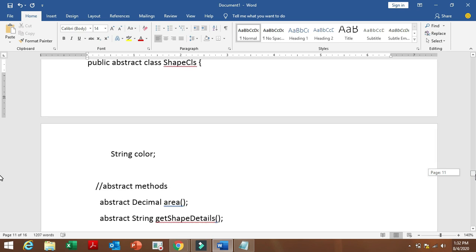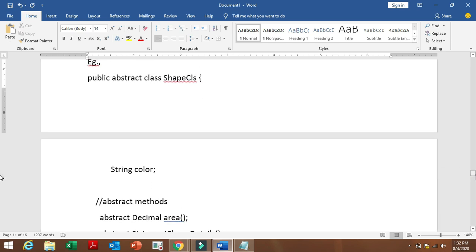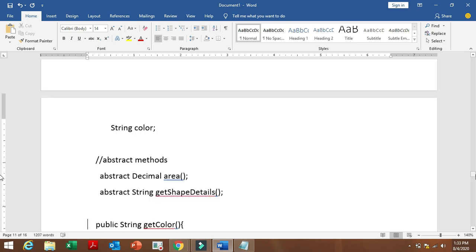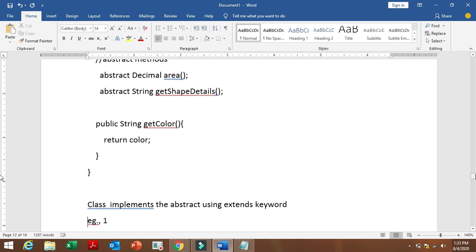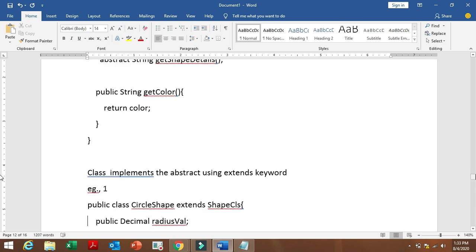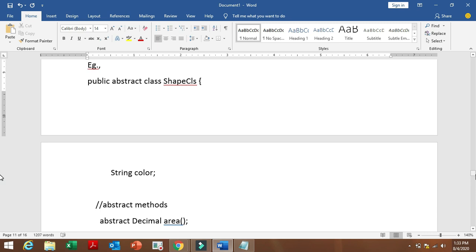So what are the examples? In gaming and shapes, these are used. So, abstract class. In this class, color is taken, then area, shape details. So a class implements the abstract class using the extends keyword.